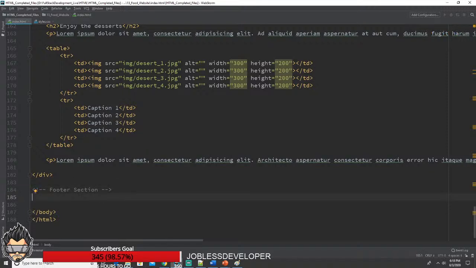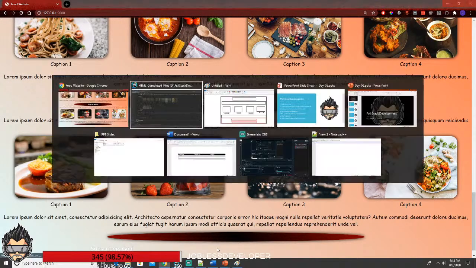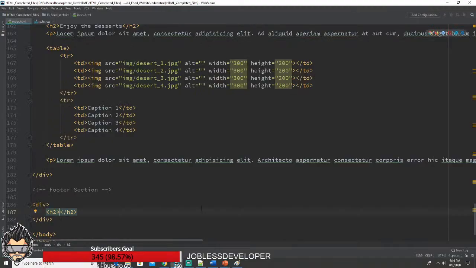Yes, so make sure you write all these things, right? So first I want to create a division. How I want the layout to be is that I want to create an h2 tag, because we are having nice effects over here, right? I want the same effects to be displayed over here as well. So in this h2 tag I'll say that